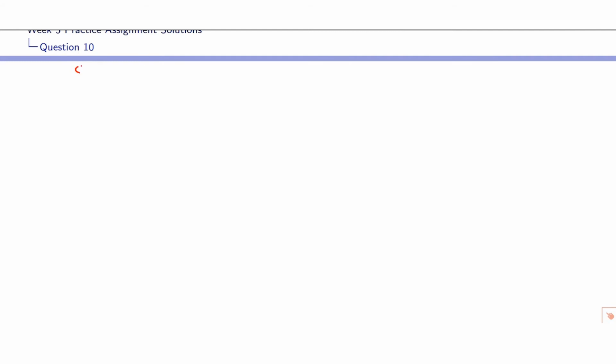So there are total 8 girls, in which Priya has decided to sit in the outer circle. So first let's choose the 4 girls for the inner circle. Because Priya has decided to sit in the outer circle, for the inner circle we can choose 4 girls out of 7 girls. So that can be done in 7C4 ways. Now these chosen girls can sit in the inner circle in 3 factorial ways because it is a circular permutation. So the number of ways to fill the inner circle seats will be 7C4 into 3 factorial ways.